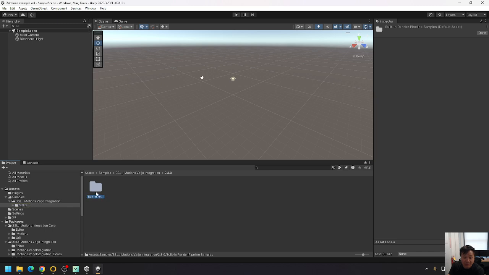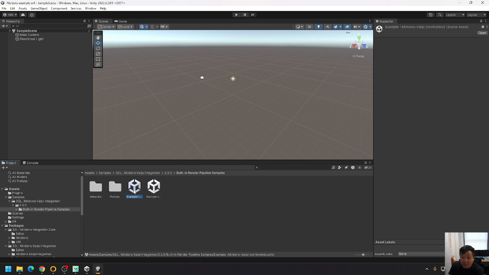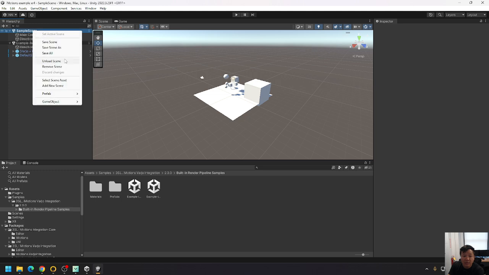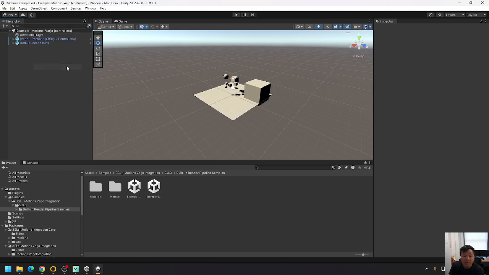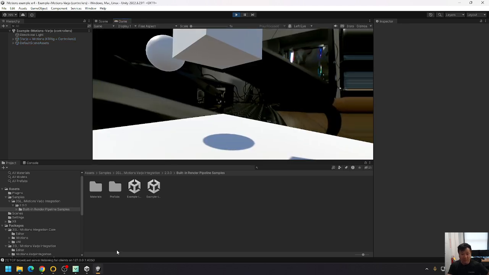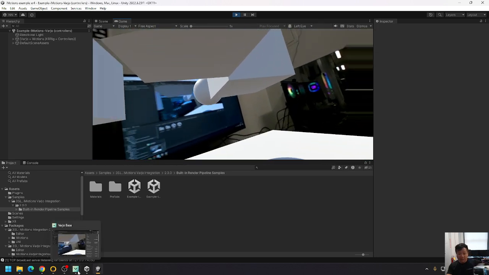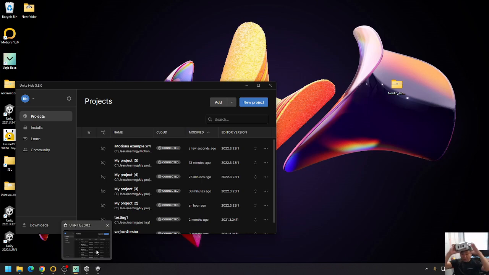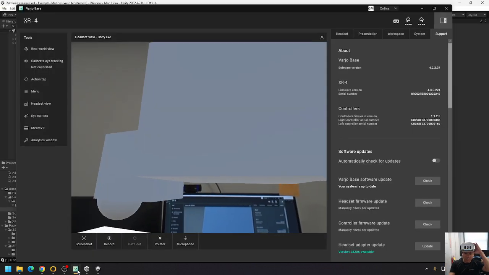So you get in the built-in render pipeline examples, and then drag in your example level, unload your default level, and that'll give you this as well. And you should be able to then start the display. And if I go into Varjo, that should be quite quick to load in,